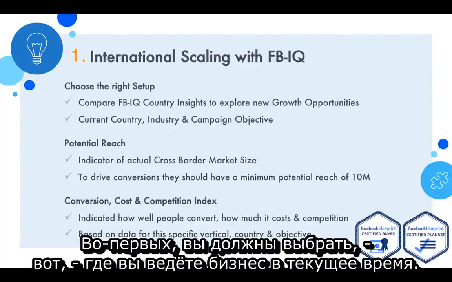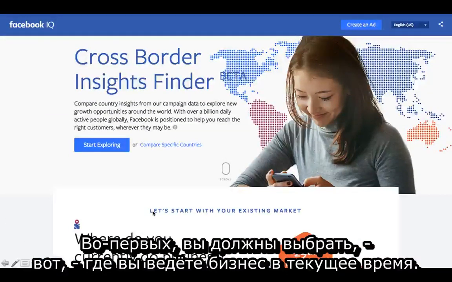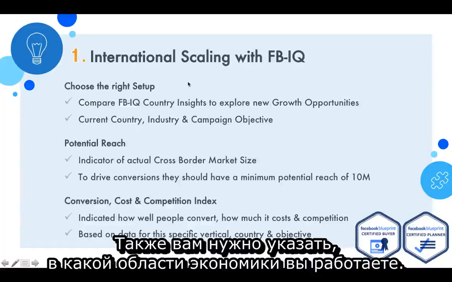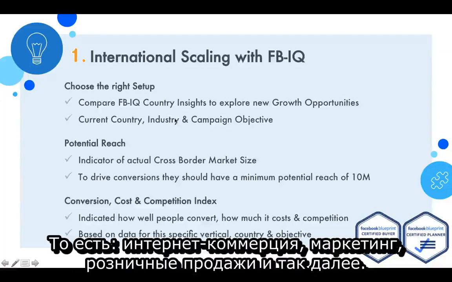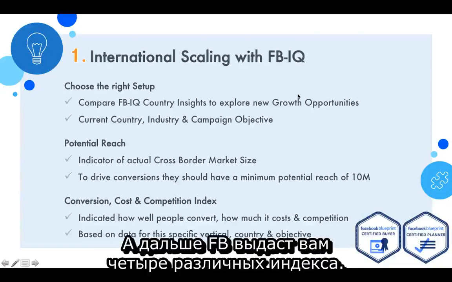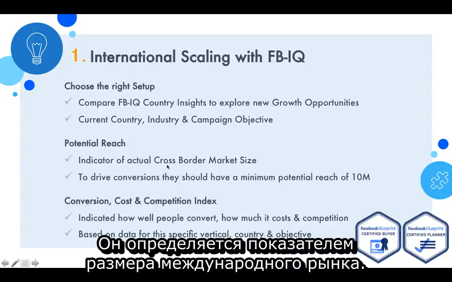So first, you have to select where you currently do business. You have to set up in which country you're working and also in which industry you're working. Is it e-commerce, or marketing, or retail, whatever, and what's the campaign objective. In our case, it's mainly conversions. And then Facebook gives us 4 different index numbers. On the one hand, we have the potential reach, which is an indicator of the actual cross-border